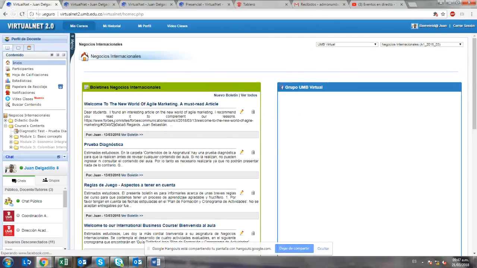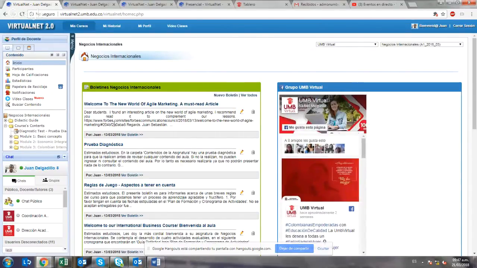Our international business course consists of two different parts of information from the first screen that we encounter when we open the course. The panel to our left hand side includes different information regarding the course. As you can see, there's a little square on the top left hand corner of the screen where we find